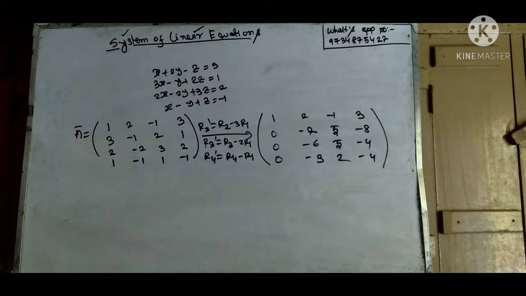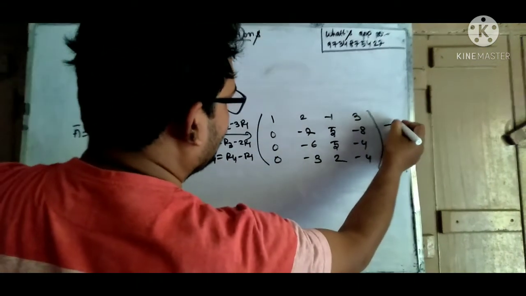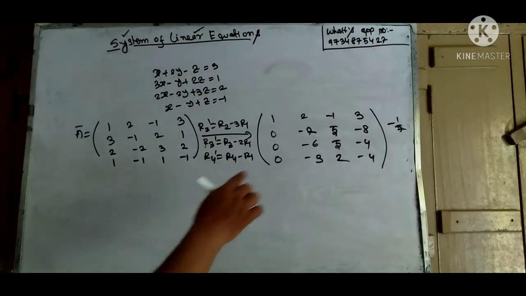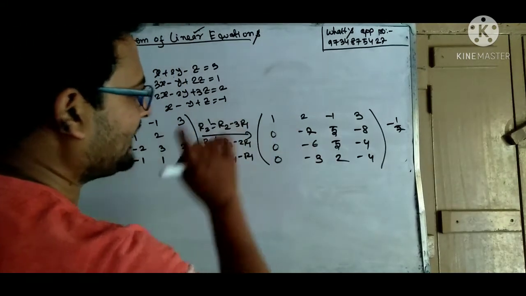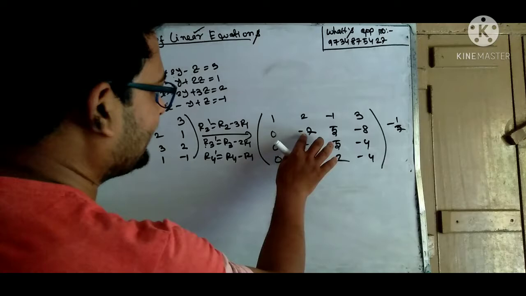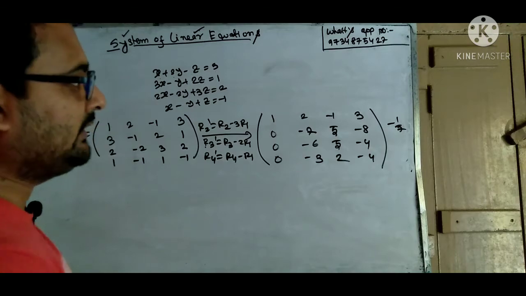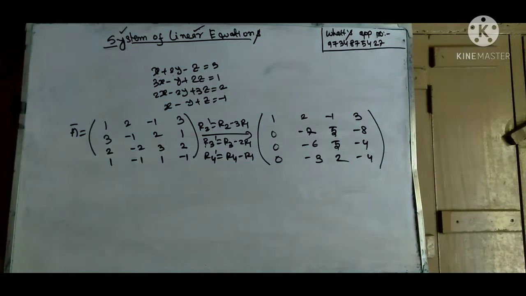Now, in the next step, what will we do? We have to multiply the second row by minus 1 by 7 by the procedure. If we reduce this matrix to its row echelon form, then by the procedure we have to multiply this row by minus 1 by 7, then here 1 will occur. But if we multiply this by 7, then here becomes minus 5 by 7, here becomes 8 by 7. So the calculation will be difficult. So what shall I do?